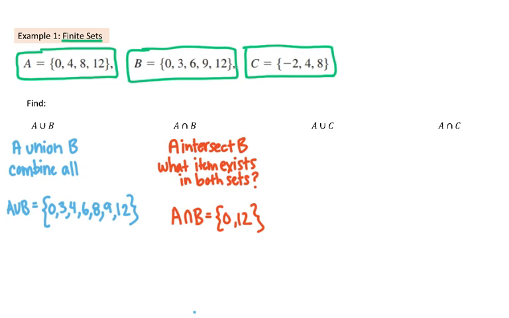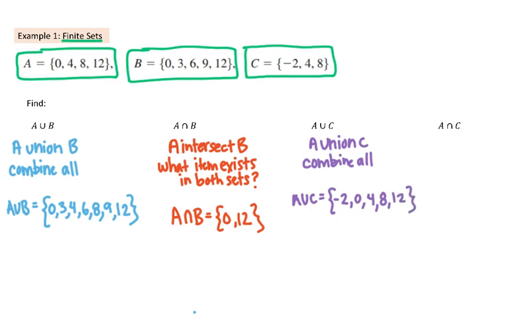Okay, let's look at A and C. A union C, which means look at the items in set A and set C and combine them all together. Okay, so A union C will be the set, I like to go from smallest to biggest just so I don't miss anything: -2, 0, 4, 8, and 12. Okay, A intersect C,